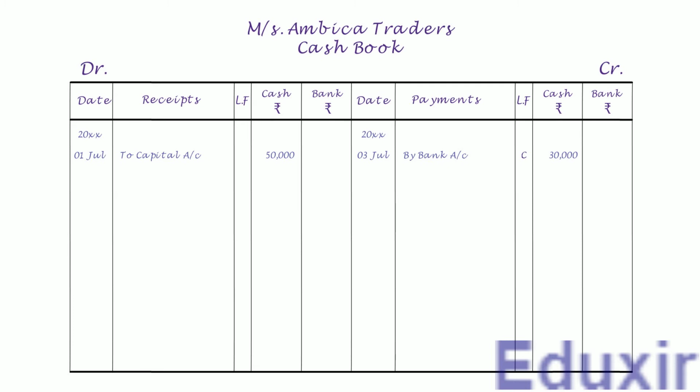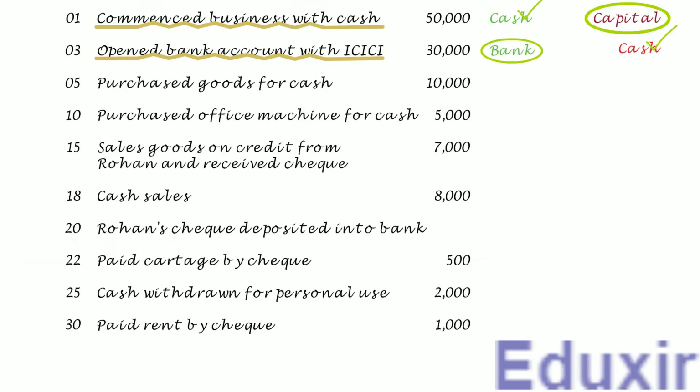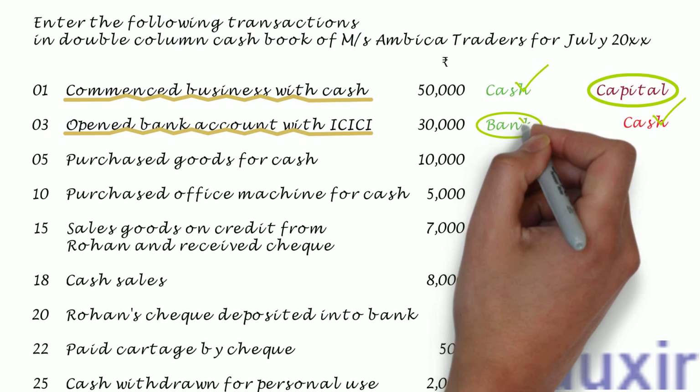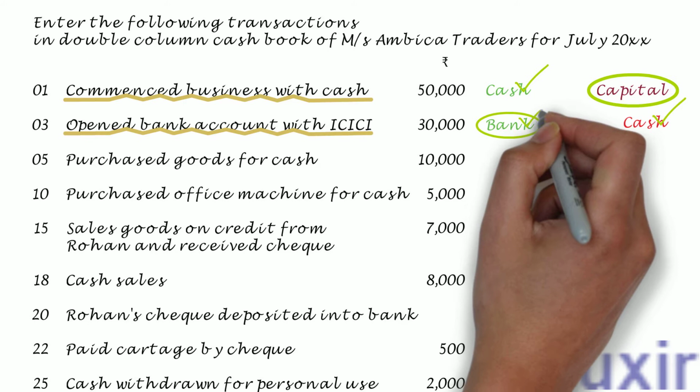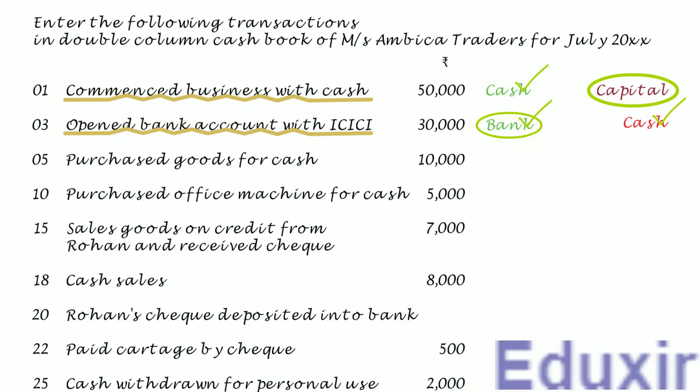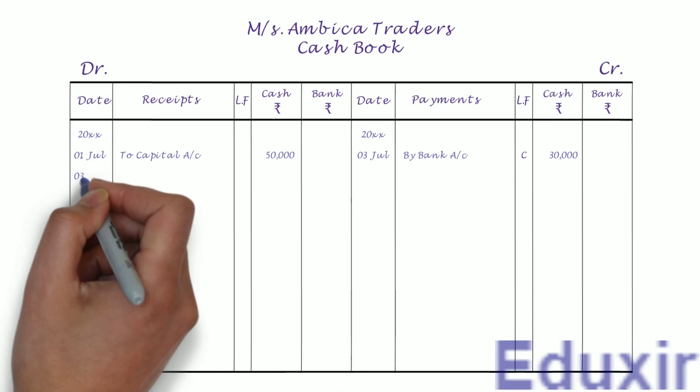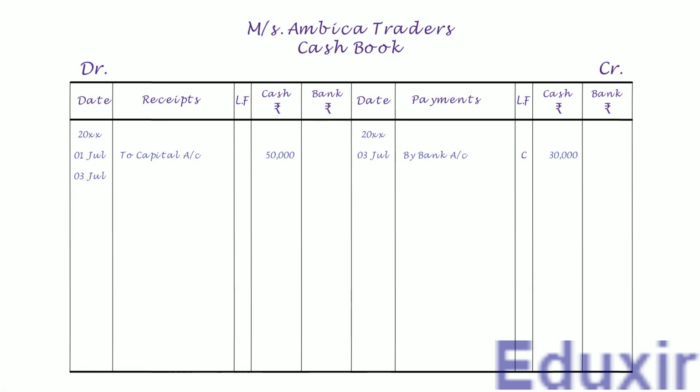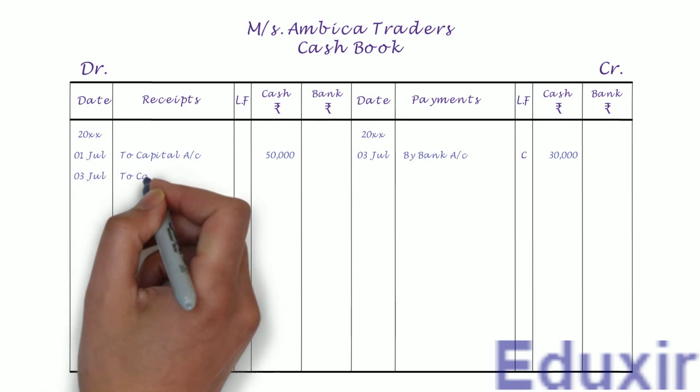Let's now take up the bank entry. In this case, as you can see, the bank is on the debit side. So it needs to be posted on the debit or receipt side in the cash book in the bank column. Note that the particulars that need to be posted in the receipts column of the cash book is cash account. With this analysis at our disposal, let us proceed with the posting of this entry on the debit or receipt side of the cash book. Let us first record the date. Let us then record the cash account into the receipts column of the cash book.